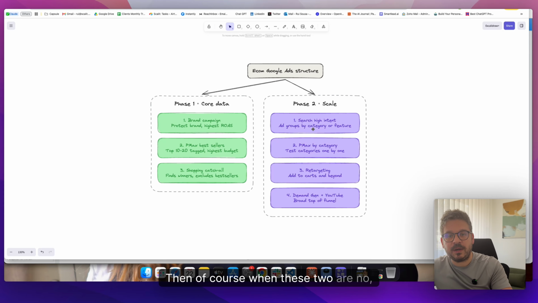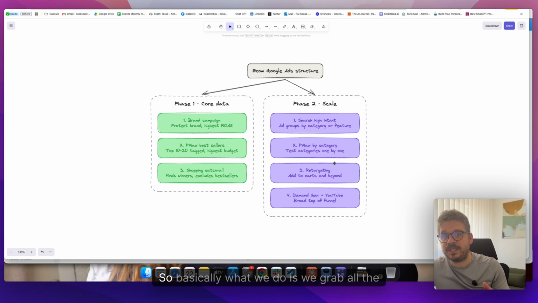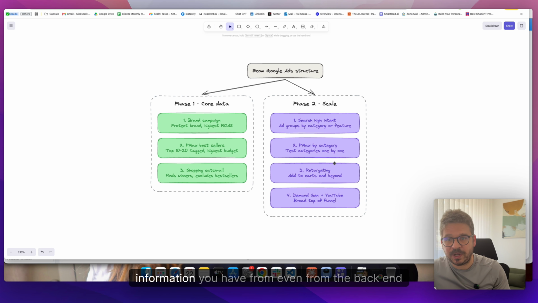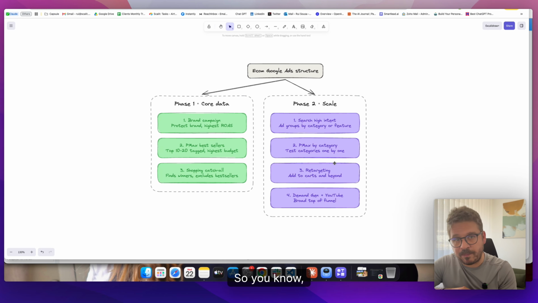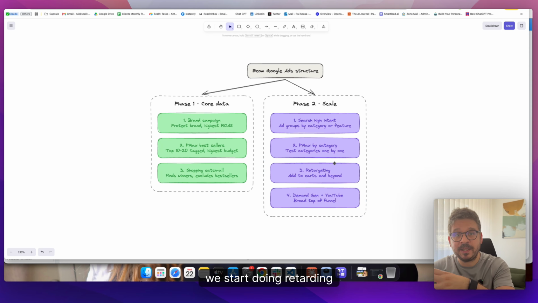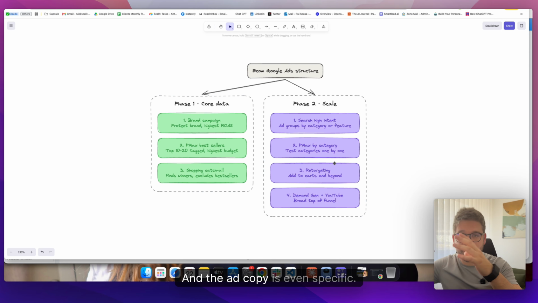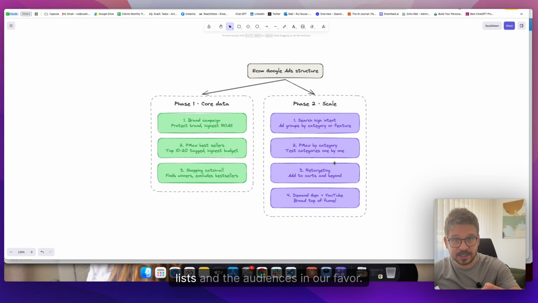Then, of course, because this can be a lot of campaigns, right? We can start opening a lot of stuff. Then is when we actually start doing retargeting as well. This is where everything comes together, because you're now starting to get a lot of data. You probably have a good customer list as well. So basically what we do is we grab all the information you have, even from the back end, and start to import it to Google. So past customers, add to cart, website visitors, whatever it is, we start doing retargeting for that. And the ad copy is even more specific, but that's where we now start using the lists and the audiences